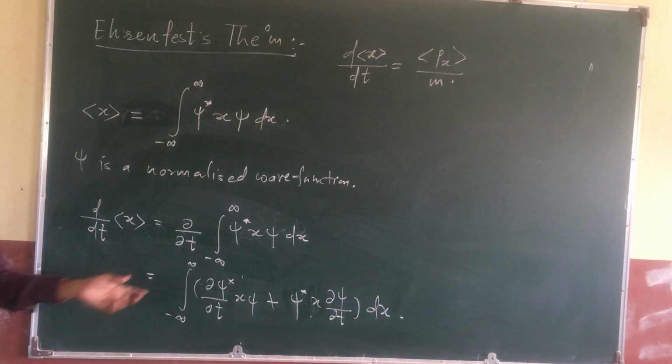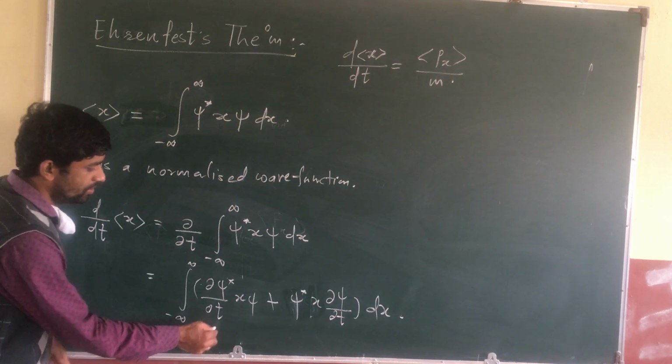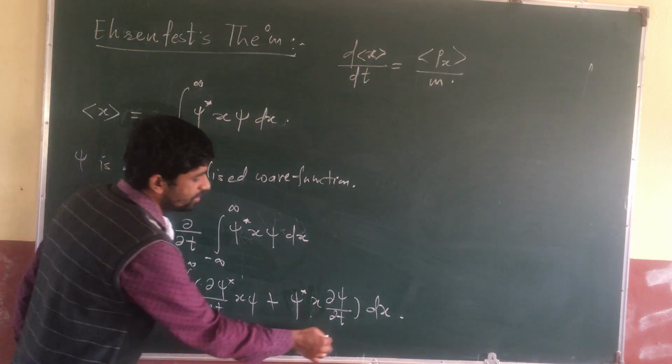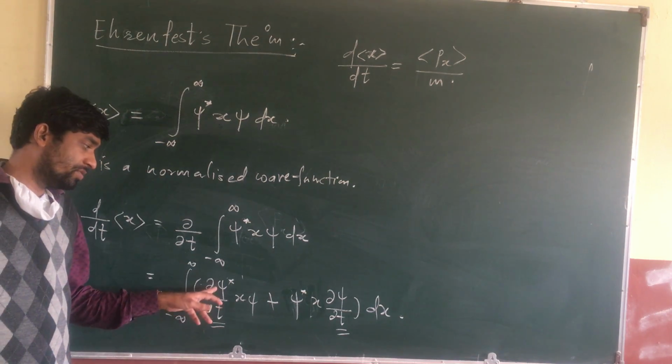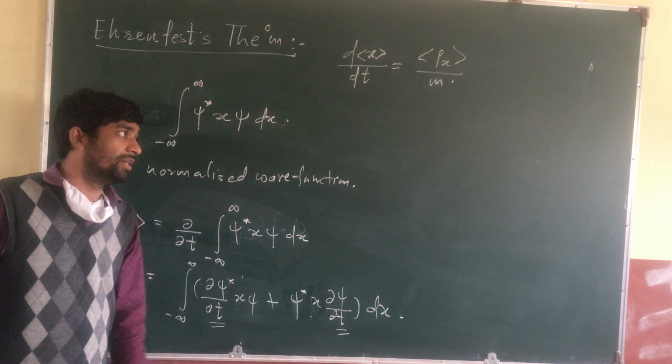So here what I have to do is differentiate with respect to time. The first term is dψ*/dt, and in the second it is dψ/dt. So I have to substitute these values of dψ*/dt and dψ/dt from